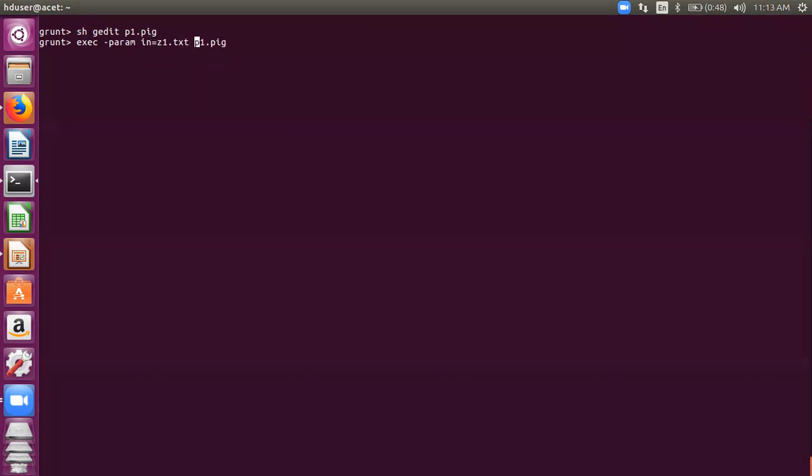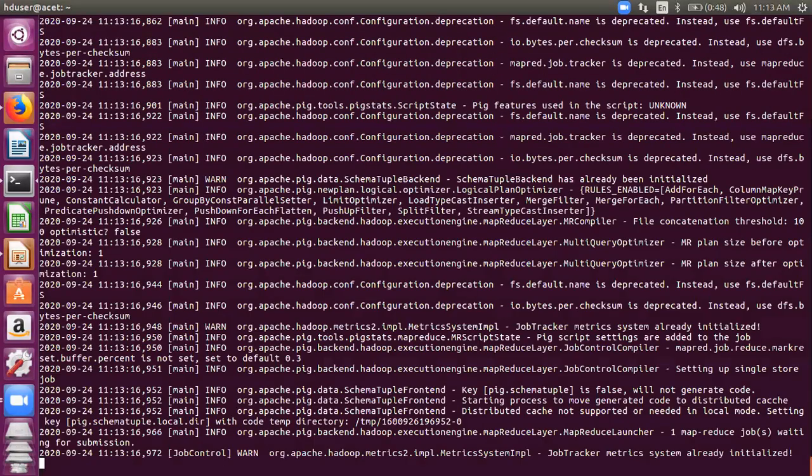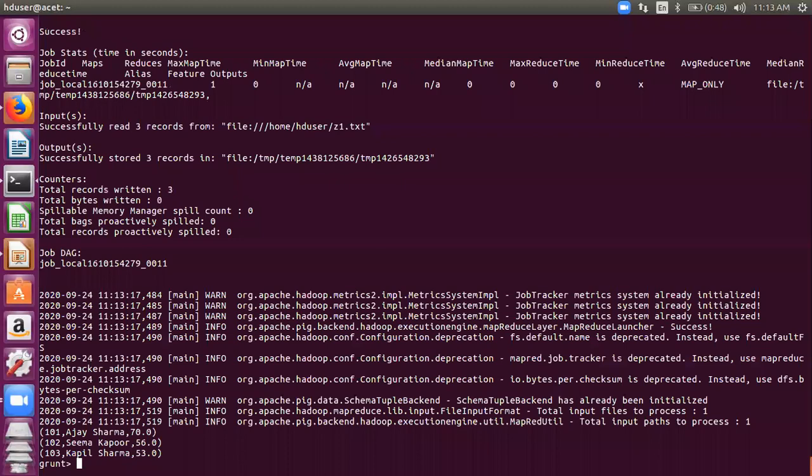You need to write it exactly like this. I'm going to run it and then I'll come back to this command to tell you what happens if you write it differently. Okay, see it now. Can you see the same output, all of you? I use this command, and you see it has given me the same output. It has substituted the value where you wrote dollar in, it substituted it there with z1.txt.